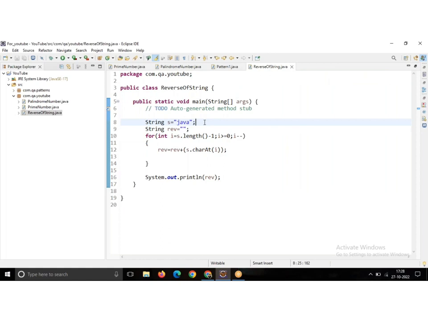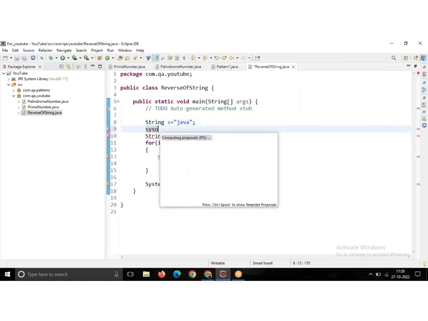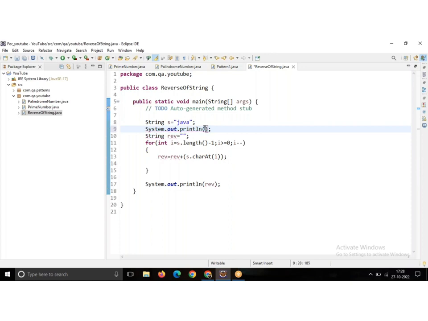Okay, if you need somewhat better output, we can go through the system.out.println. Here I am giving before the reverse space equal to space, then go through the plus.